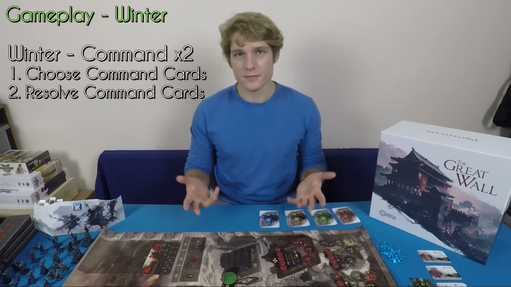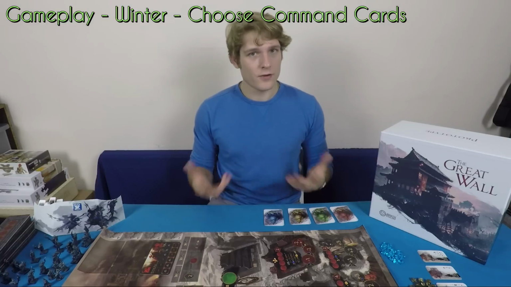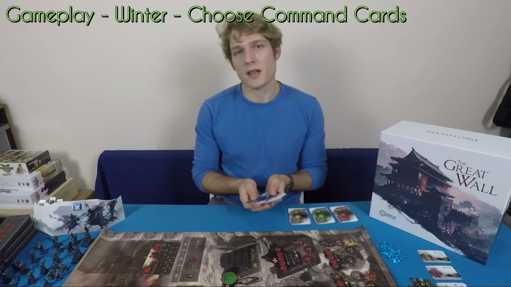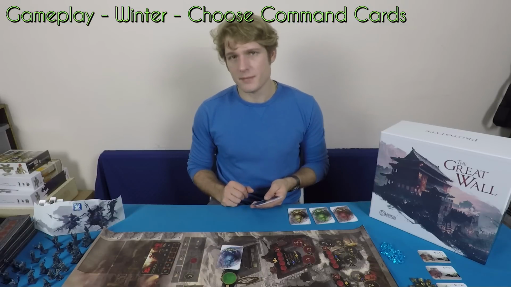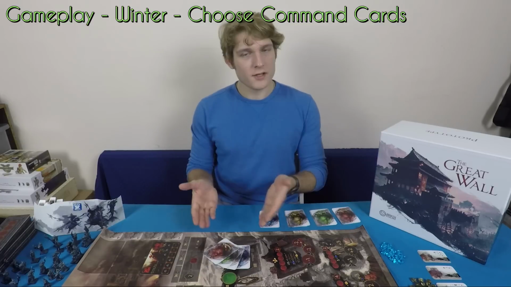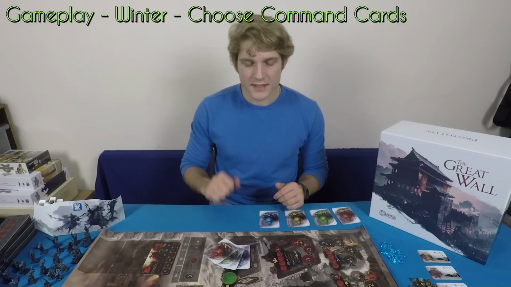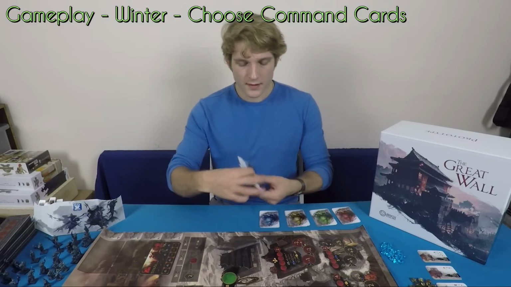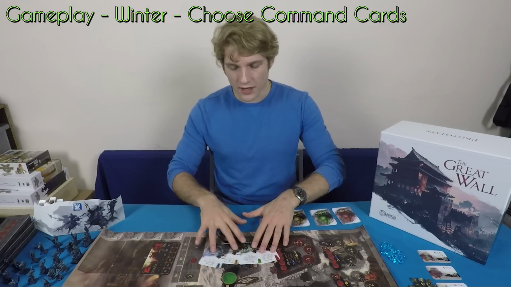So the first thing we're going to do is choose our command cards. The first thing you do is each player picks one of their 6 command cards that they'd like to play and puts it into a pool in the middle of the table. Each player has chosen a command card and they've been placed into a pool. Now what we're going to do is flip them over, and each player can see what each other player has